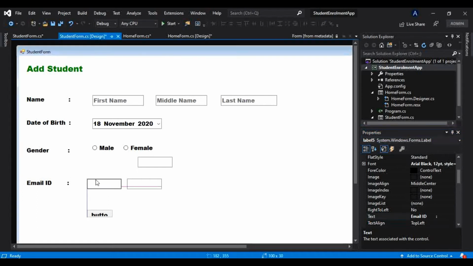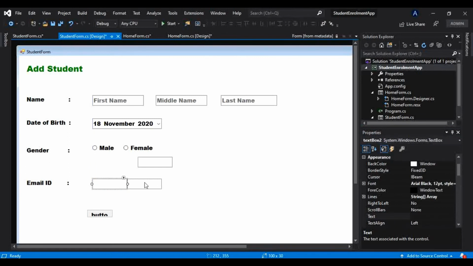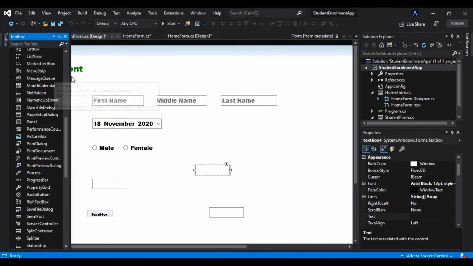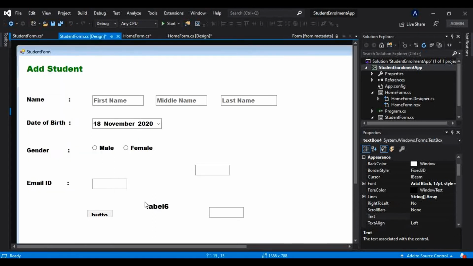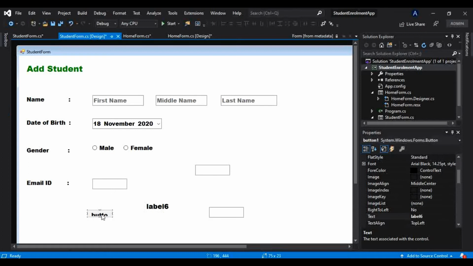And for email ID it should be a text box only, and let me just have one more label here. I will just arrange this properly here.